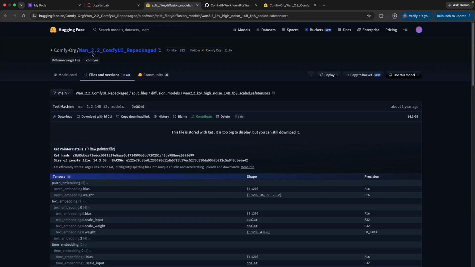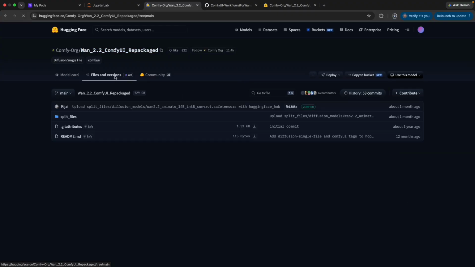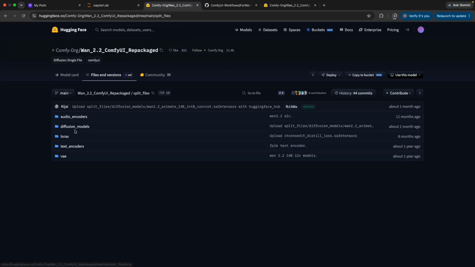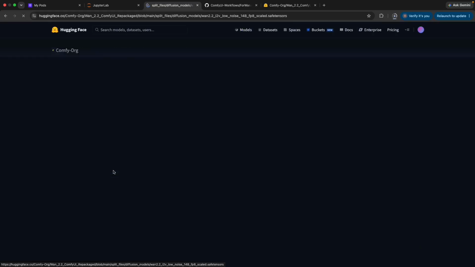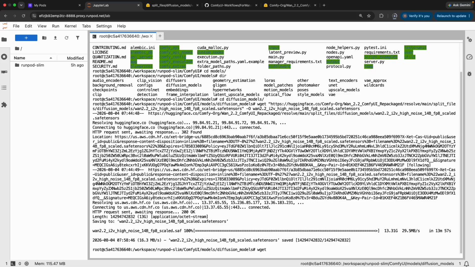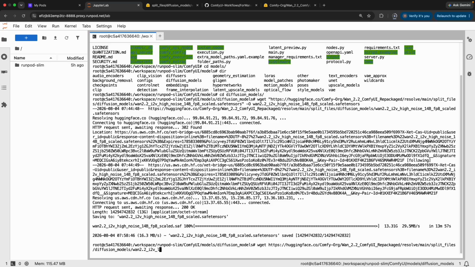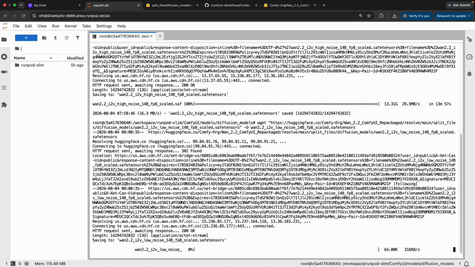which is going to be the low noise version. So we come back over here, files and versions, split files again, diffusion models, and same thing, except we grab i2v low noise fp8, copy download link, wget, and I forgot to put the quotation marks. Quotation marks are important on this one. It will often not work if you forget them. Quotation marks, paste, close quotation marks, -o, then we copy this, and enter, and I will come back when this